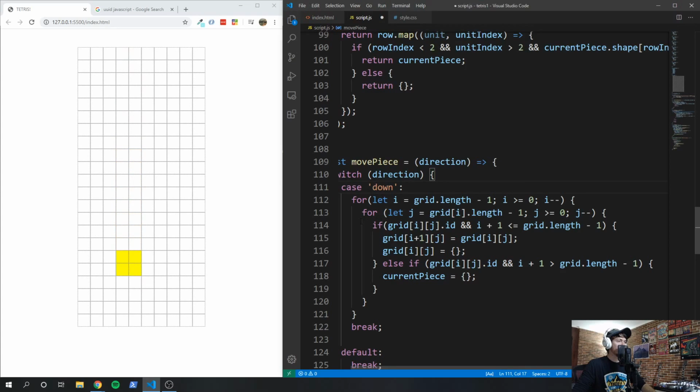So we're looping through backwards. And if the current iteration, the unit that we're on as we're iterating, has an ID, then we know we're on a piece. And if we know we're on a piece, we want to move that piece down as long as also the next row down exists. Okay, so if I plus 1 is less than or equal to the length of the grid,